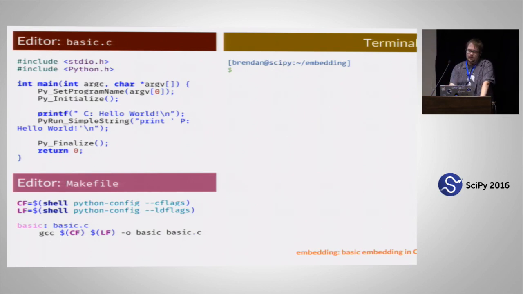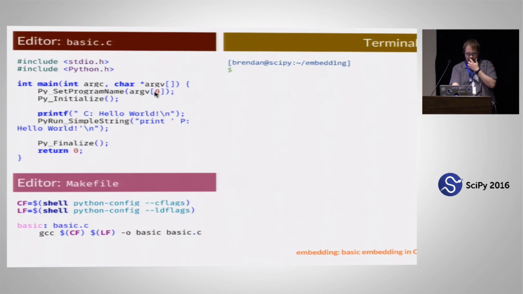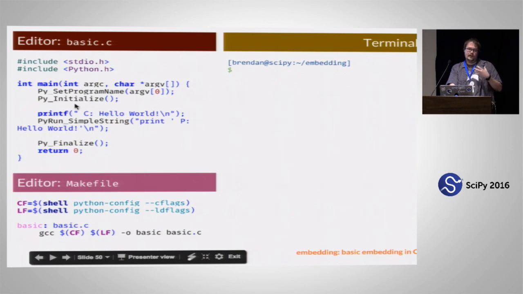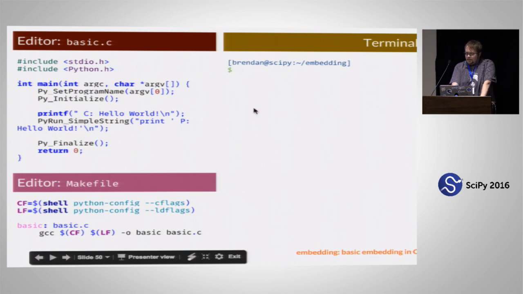So this is what it would look like in C. We import what we need to run this print function here. And everything else is just Python.h. So we go in, we get the name of the program, and that's just good practice. And then we call this Py_Initialize, and under the hood, that's doing all sorts of exciting things with the Python C API to set up the interpreter namespace and create a place for Python in memory. And then we can print hello world from C, or we can just run this Python code here in the string and have Python print it. And so compiling that is just GCC, or you can put it in a makefile, and you run it,